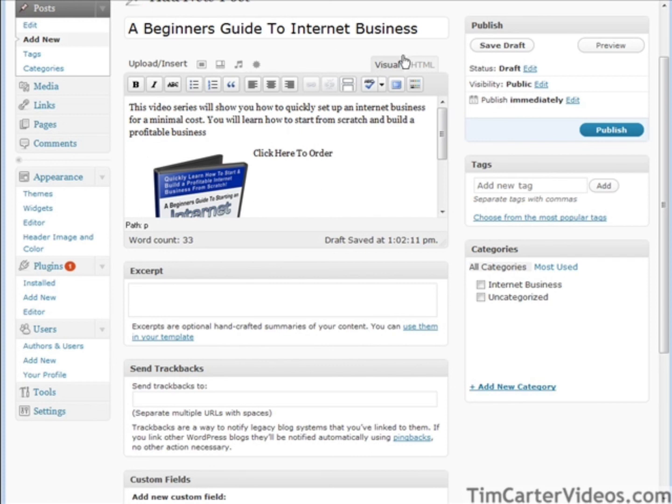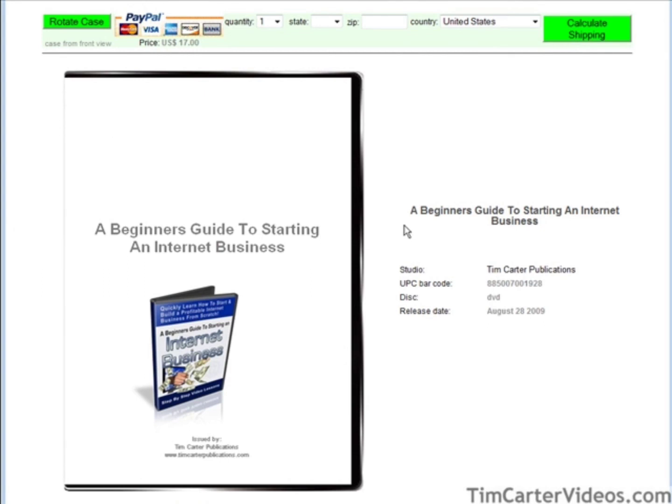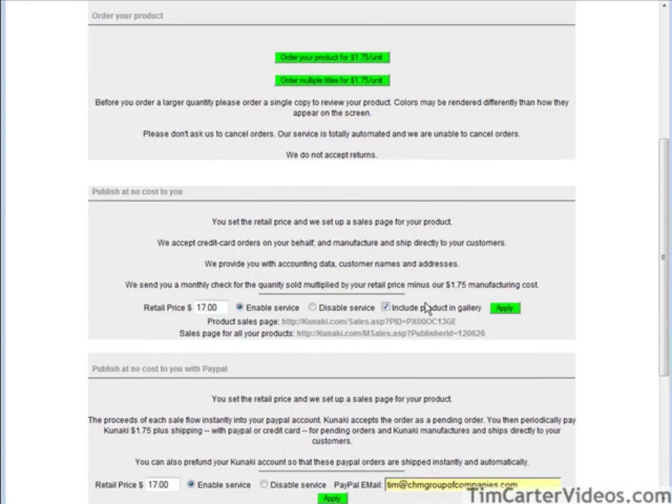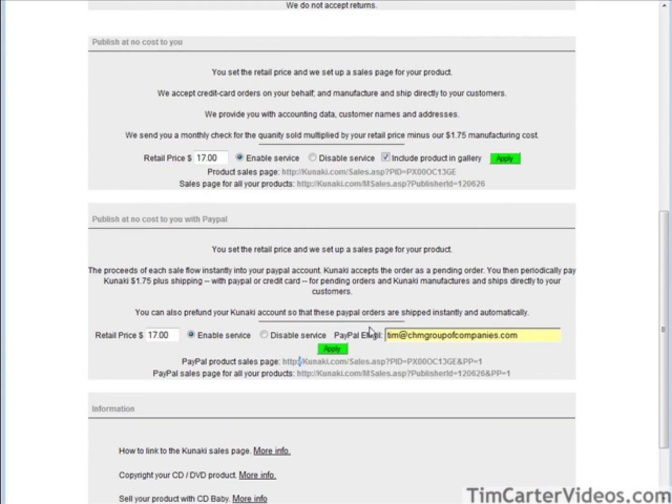Okay, and then what we do is we go over to our Kunaki site. And then we decide what we're going to use. We can use Kunaki's order page, or we can use the PayPal order page if we want the money to go right away into our account. So we can just copy this link here. Let's highlight it, do a copy, and then we can go back